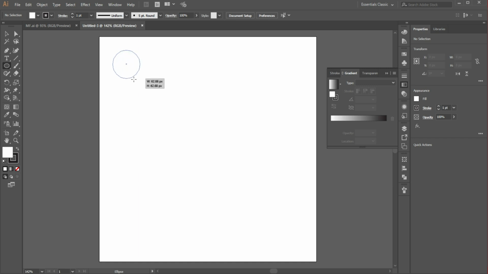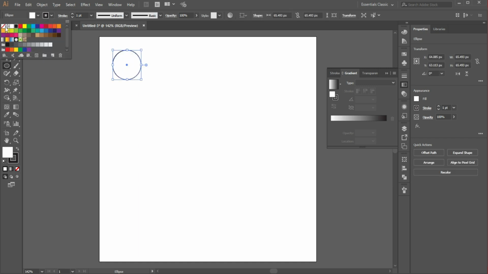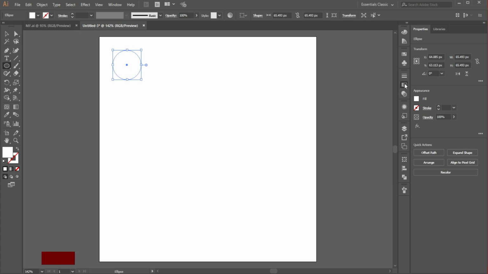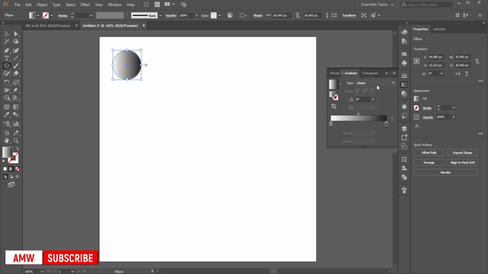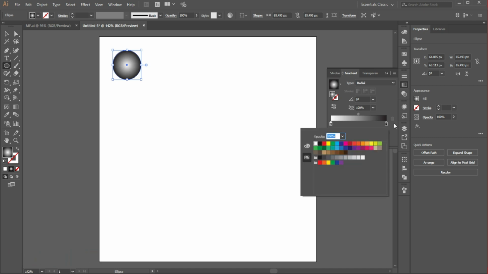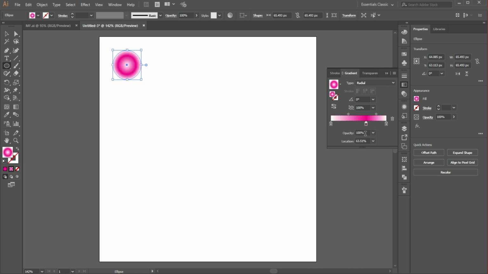So choose the elliptical tool. Then remove the stroke. Then choose the gradient. Then choose the radial. Then 0 point white, then 100 white, then create a middle point, then choose the magenta color, then set the position to 75%,